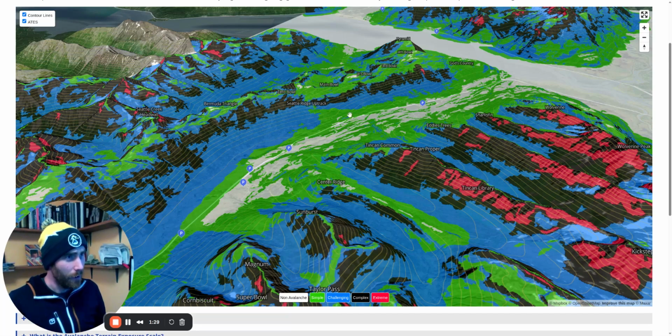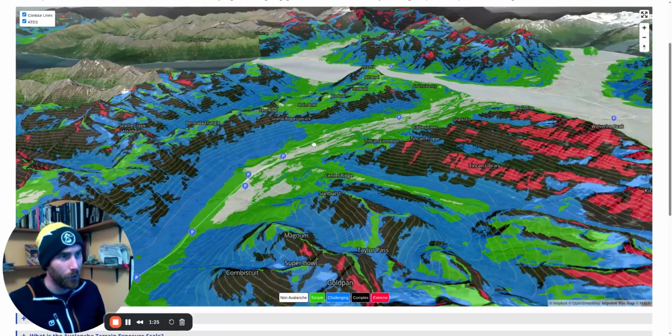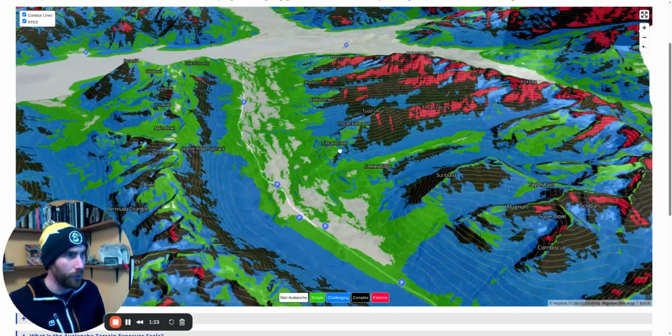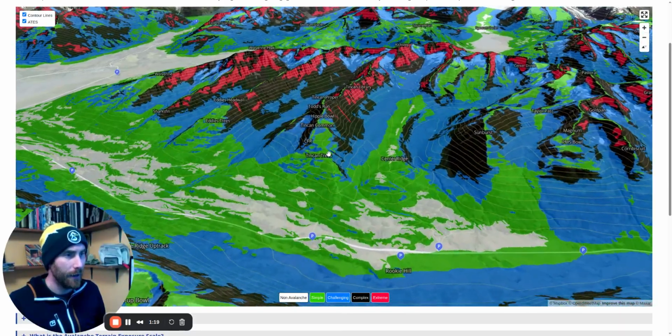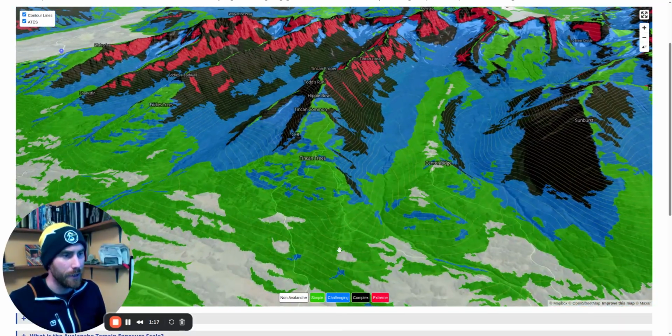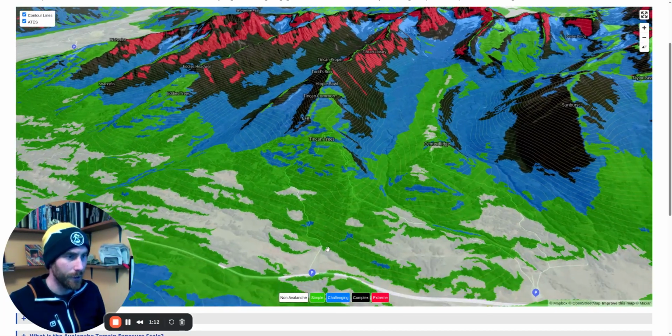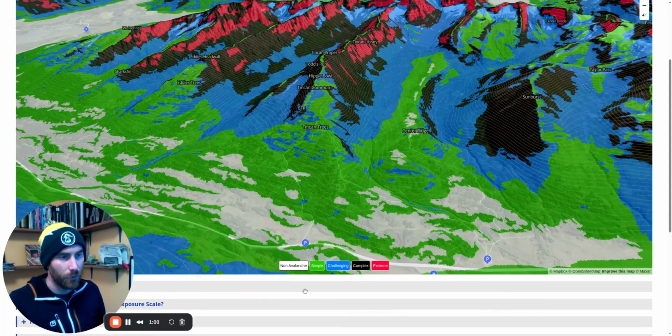So you can use the web map. If you press Control on the computer, you can put it into a 3-dimensional mode. So maybe we'll zoom in on Tincan. And you can see there's some common names for the different runs on Tincan and then these different colors. So the parking lot is in this non-avalanche terrain, which means you should never be able to see an avalanche there. Most of the normal up route on Tincan is in the simple area,